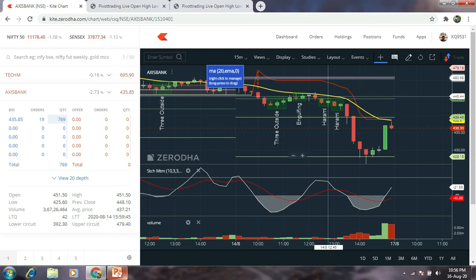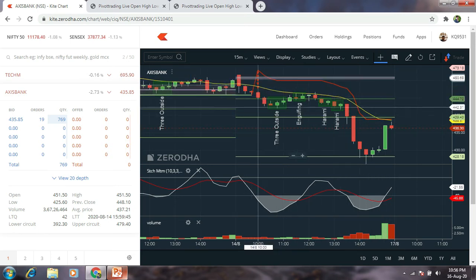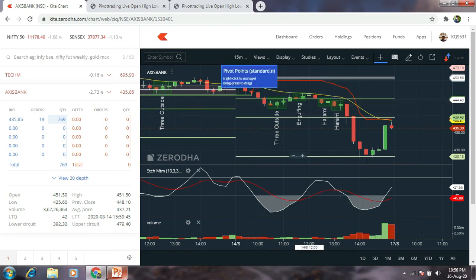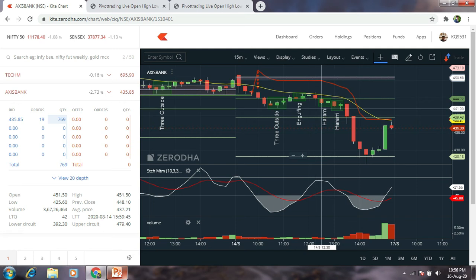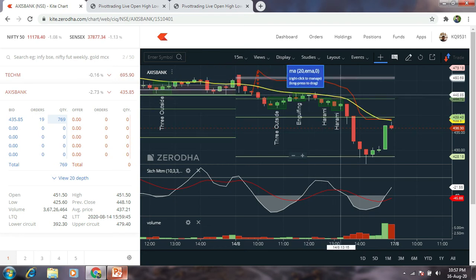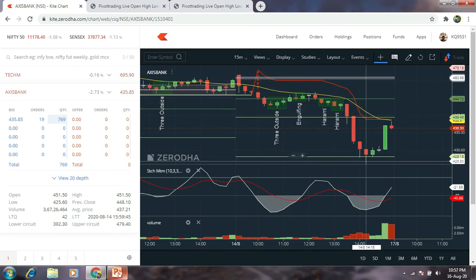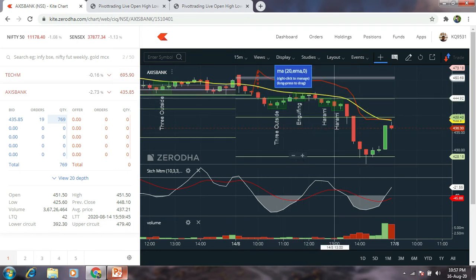You can just increase your accuracy by using this 20 moving average line, because you can see it is below the 20 moving average line. As I said in the previous explanation also, above the 20 moving average line is uptrend, below the 20 moving average line will be downtrend. So if you are a good experienced trader, you are just waiting for the candle to close above this. Okay, till that you don't close the position. So here it's not happened, all the candles close below this. So you are taking advantage. You can take more advantage using some other indicators.